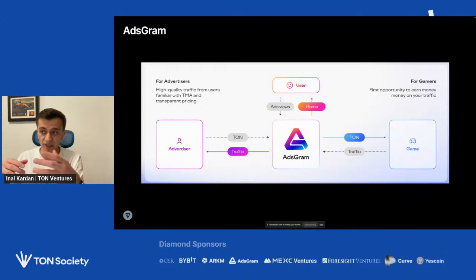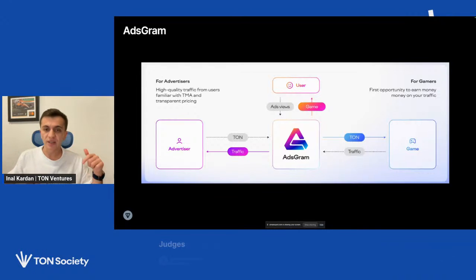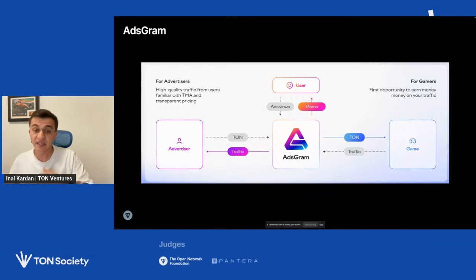So there are advertisers. They pay to AdsGram, which is a middleware between advertisers, games, not only games but mini apps, and users. Advertisers pay in TON and get traffic. Games sell their traffic and get TON. Users play a game and get rewards when they view ads from AdsGram and from the advertiser.